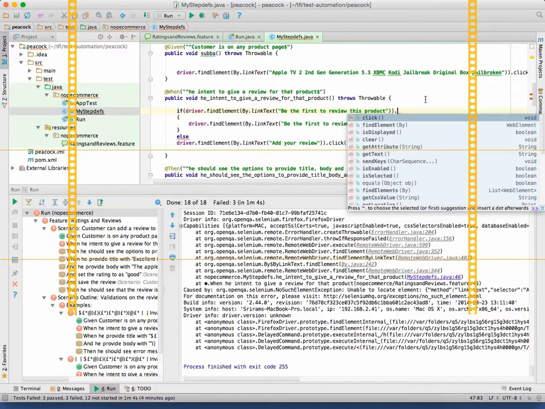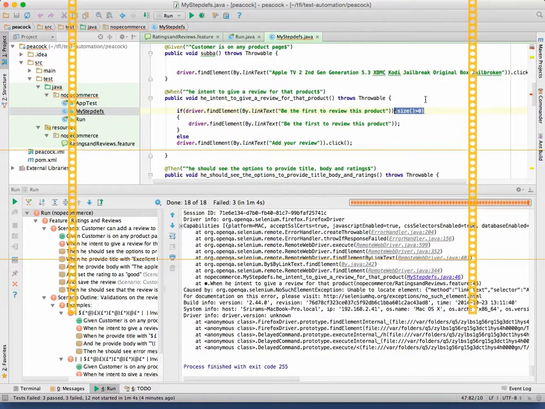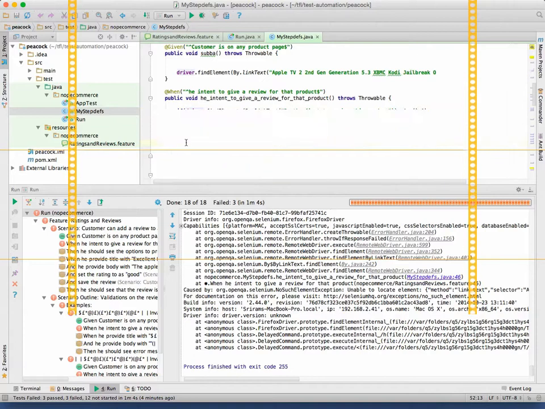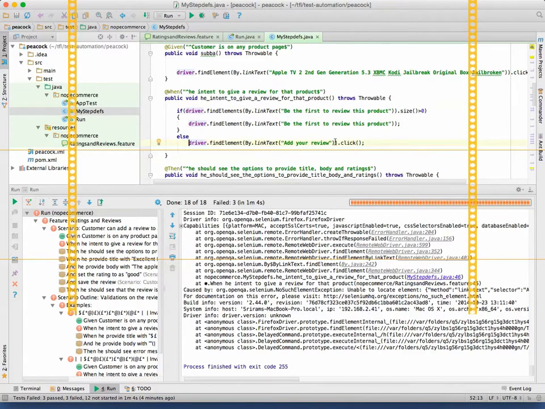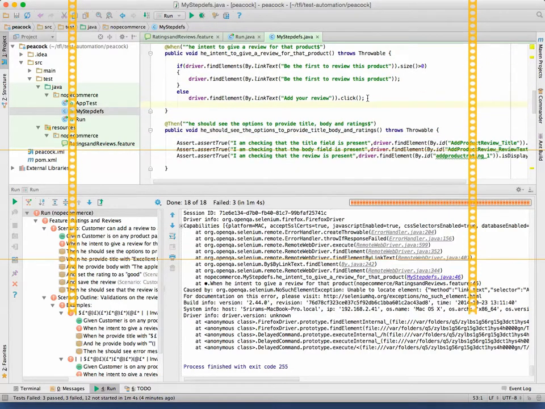It's a technical thing, but a little bit of a tweak is this: find elements, count. So we are doing a trick. Or we can use is displayed and put a try catch also, but that will give you a lot of confusion about what a try catch is. That's the reason why I'm making it a little bit simple. Else means I'm just assuming that if that is not there, then this will be there. Make sense?